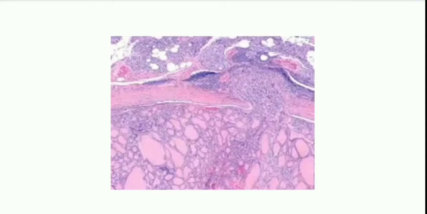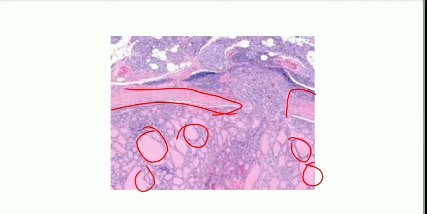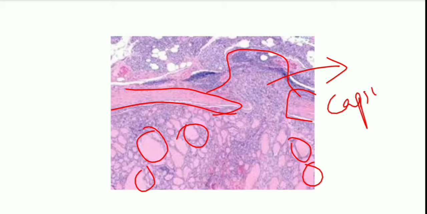Everyone, so we are learning about thyroid carcinoma. Can you guess which thyroid carcinoma this is? You can see the thyroid follicles and the capsule, but there is a break in the capsule. Something is mushrooming out from this capsule, isn't it? There is something protruding from that. So there is capsular invasion. This is capsular invasion.